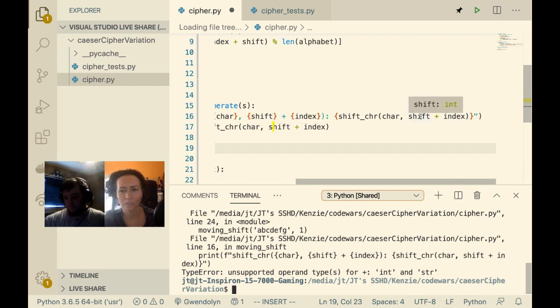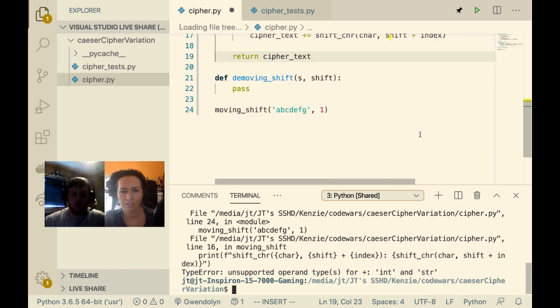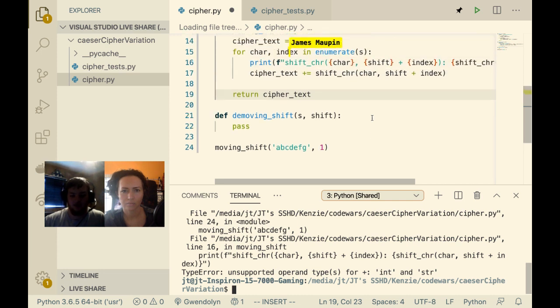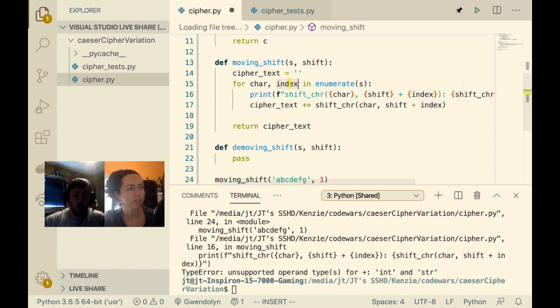Maybe. Well, shift should be a number, right? Okay. And then index is also a number, and it's saying plus int and string. Are you sure? Because isn't it enumerate? Don't you put the index before the char? Oh, you might. I might be doing that incorrectly.